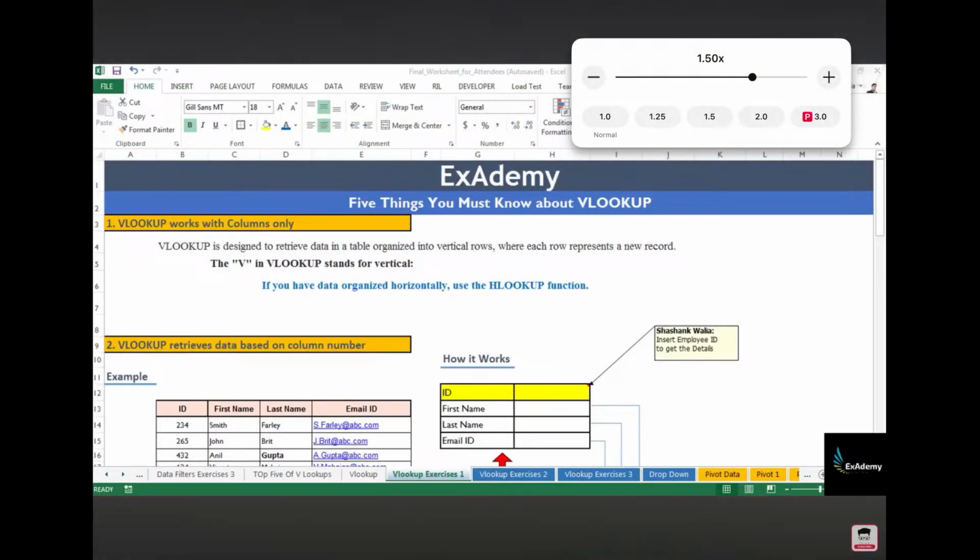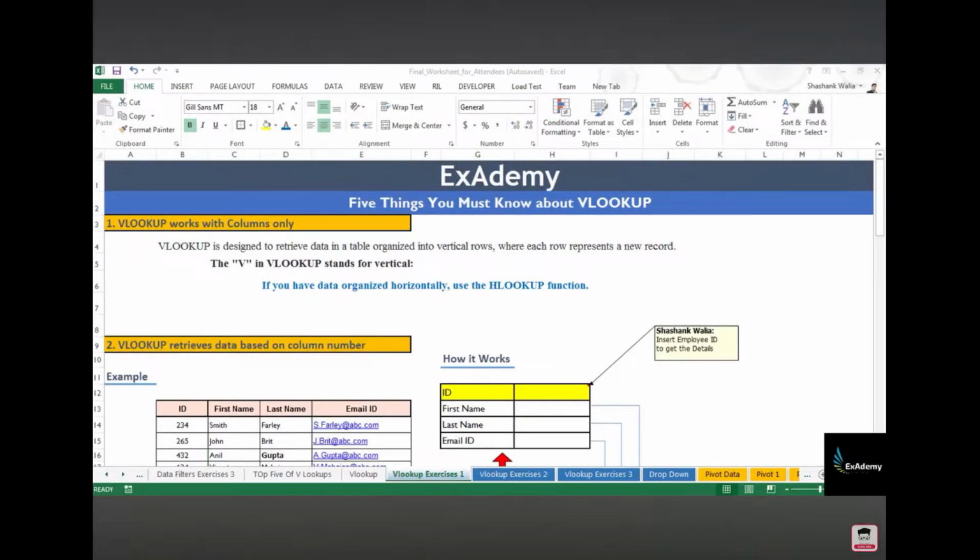This video is the second part of my earlier video where we discussed what VLOOKUP is and how to use it. Today in this video we will talk about the top 5 things you must know about VLOOKUP. So I suggest you watch this complete video, and at the end you will be able to use VLOOKUP very effectively. Here is the very first thing: VLOOKUP works with columns only, which means that VLOOKUP